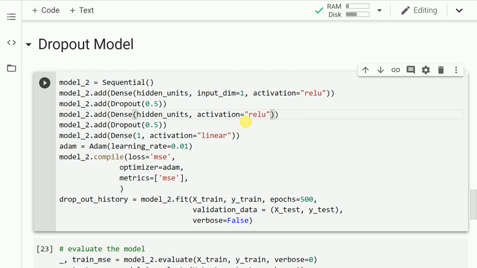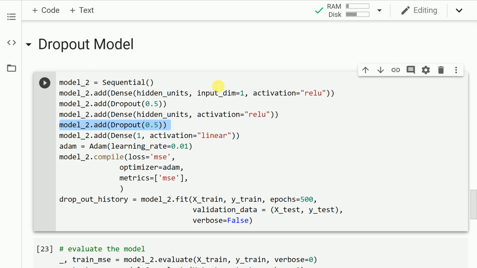There are plenty of resources available that you can make use of to understand the dropout functionality. The aim of the video is to explain where dropout fits in the whole neural network architecture space, and also how it can eliminate the overfitting problem that you encounter when you train a neural network. So essentially, the core structure of the neural network remains the same. Going through this piece of code, it is evident that the overall structure of the neural network is still the same. The only modifications that I have done is I've added two dropout layers after the two hidden layers that I have. So this is one of them and this is the second one.